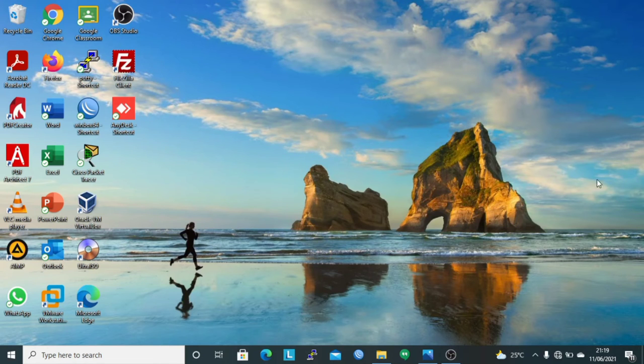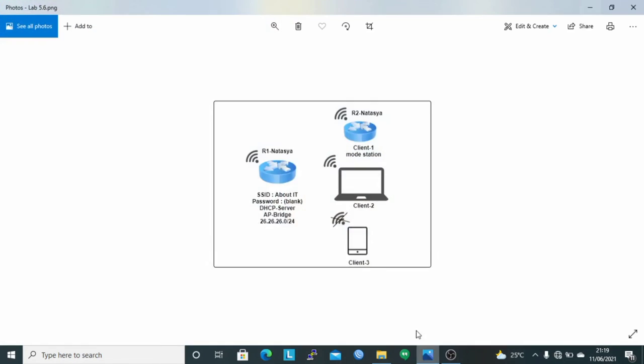And then the following is the topology used in this material. Here, the router server performs configuration of an access point with SSID about IT without password, and configuration of the HTTP server using the IP network 26.26.26.0/24, and the access point uses the mode AP bridge, with three clients.